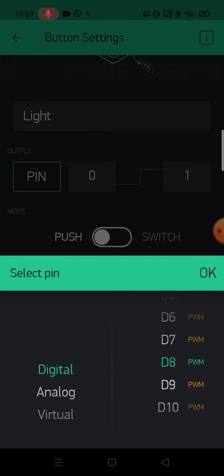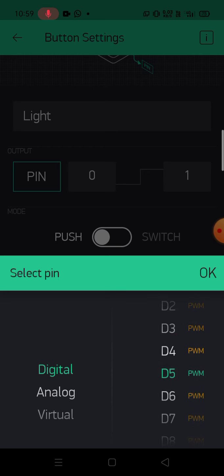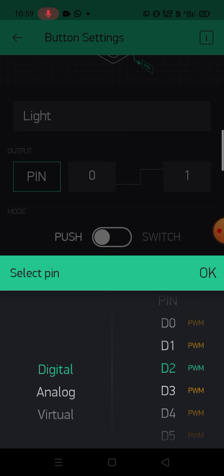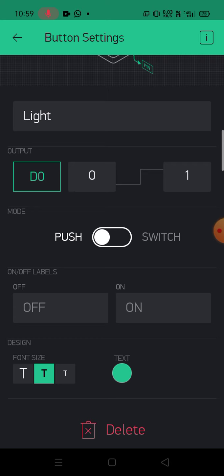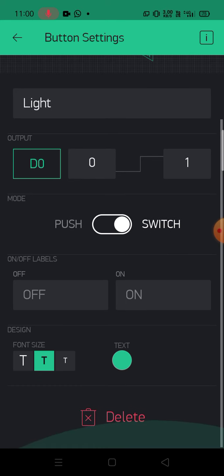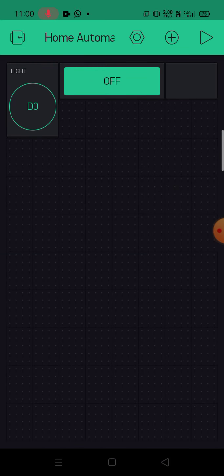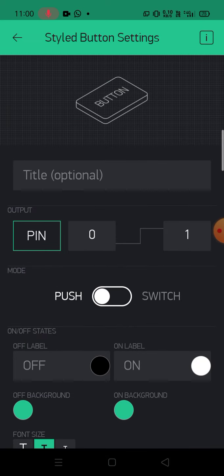So there are total 9 pins. Okay, total depends on your kind of communication. Okay, there are varieties of pins available. Sorry. So D0 suppose I am selecting, press OK. Now this particular button will be considered as a push button or switch button. You can alter it. Now I am selecting as a switch button. Rest of the things are optional, you can keep it as it is. Now this is the first button. If you are observing, D0 means your light or LED will be connected to the D0 GPIO pin of Arduino or Node MCU.